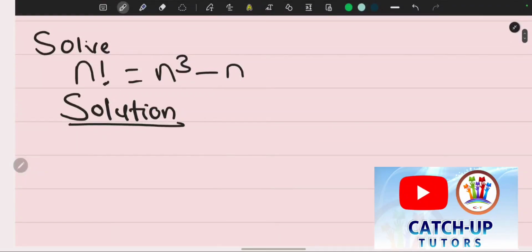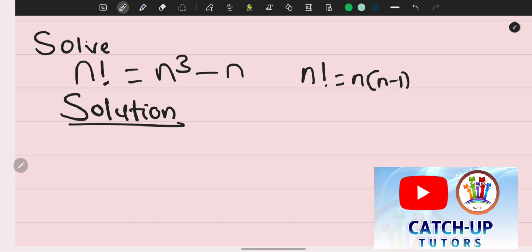Alright guys, the given question here is a factorial equation where you need to solve n factorial equals n cubed minus n. For you to solve these questions, you must understand what factorial means. That's the first thing. You can't deal with this question without knowing the meaning of factorial, how it operates and all of that. So before we start anything, we have a definition for factorial,